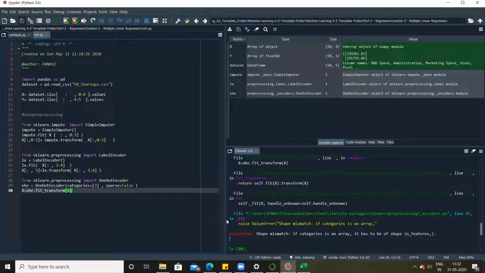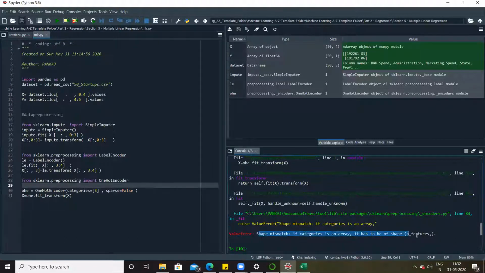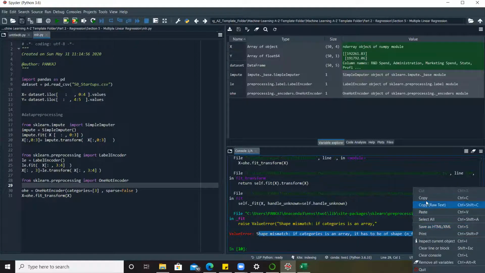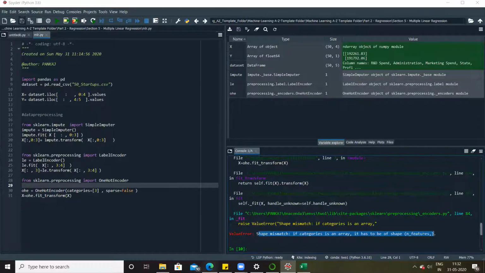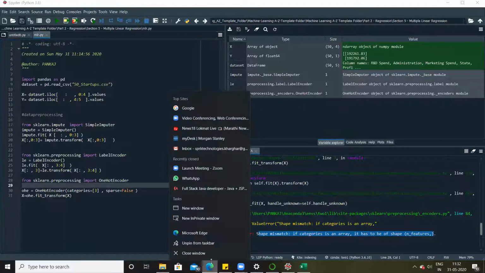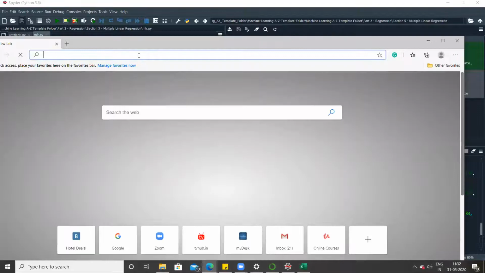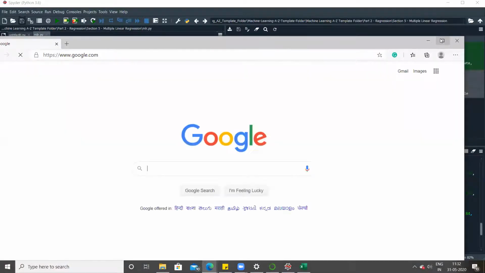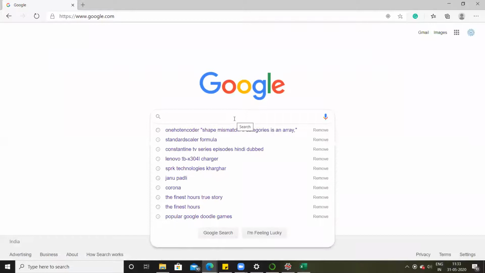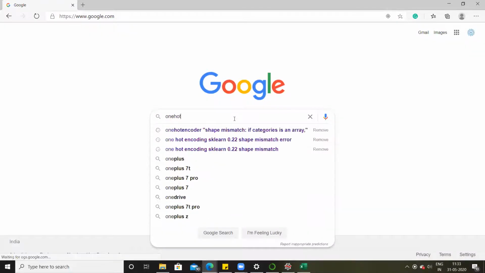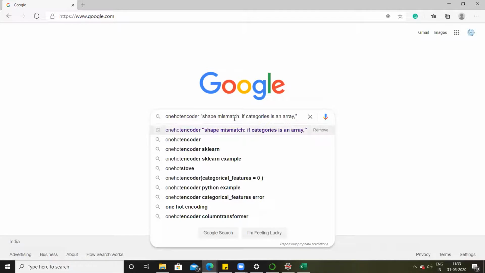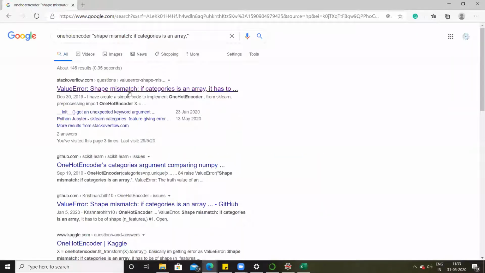I'll show you a technique of how I explore it, or how I use Google to fix this issue. So I'll simply copy this message, open a new window, and type here one hot encoder shape mismatch and pick up the first link.